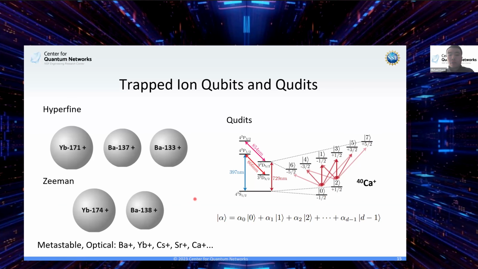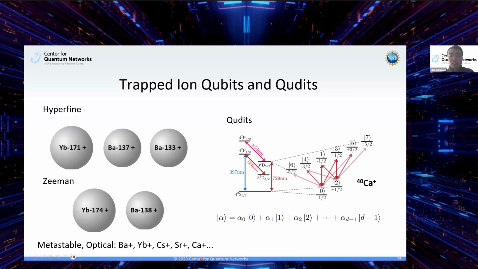There are also optical and long-lived metastable qubits in these ion species, as well as a host of others. They can all be trapped using the Paul traps and using the recipes outlined in the previous slide. They also have the potential to be quantum memories or serve other purposes for quantum networks, but they need to be further studied